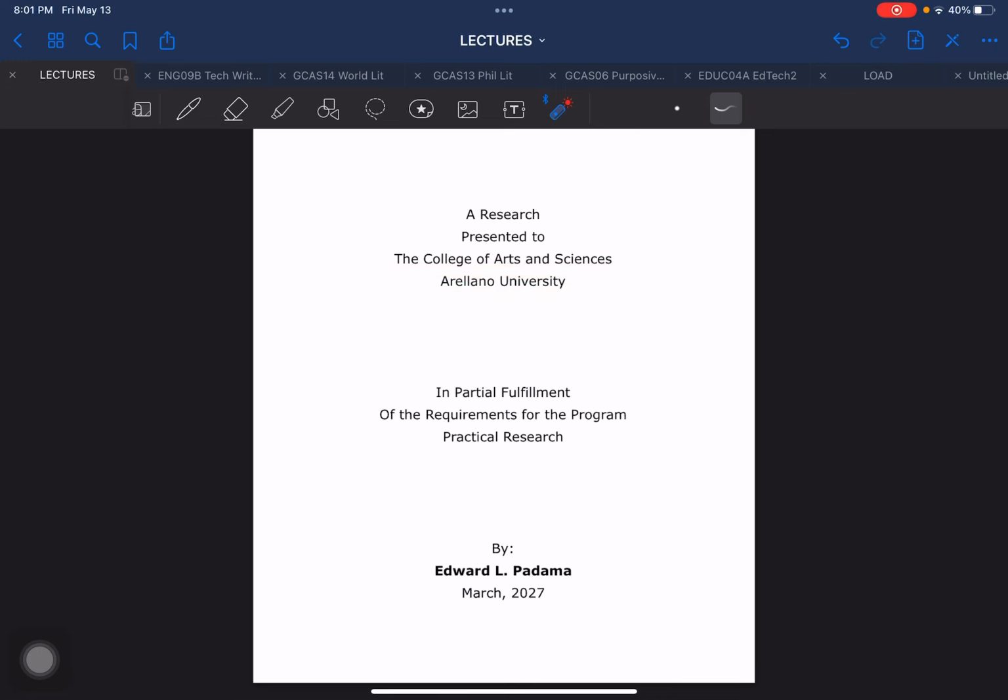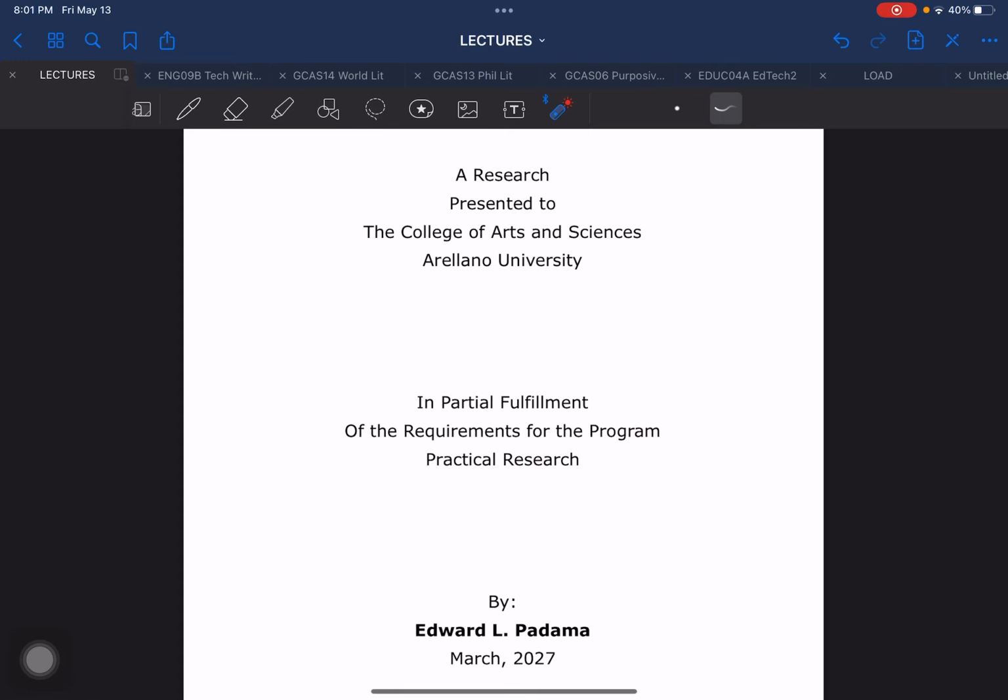On the next part, in partial fulfillment, you can use that as is. Of the requirements for, this is the part where you need to change. For the program, subject, or course. Okay? So if you are going to use course, for the course, computer science, so change this one to course. And then change this one. So instead of a subject, practical research, place the name of the course on this particular part of your cover